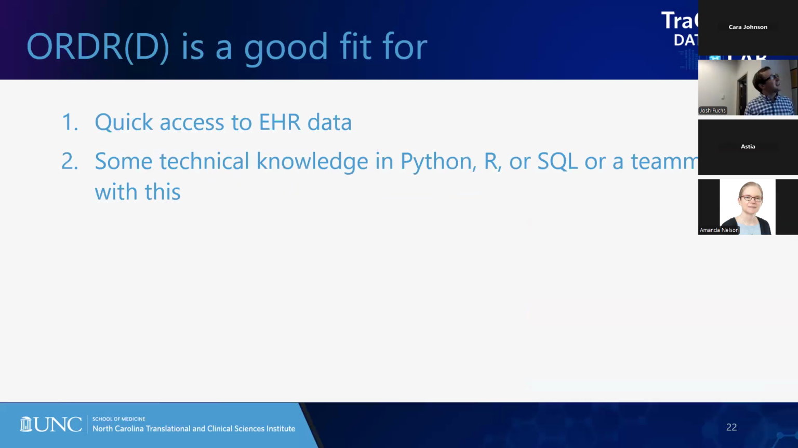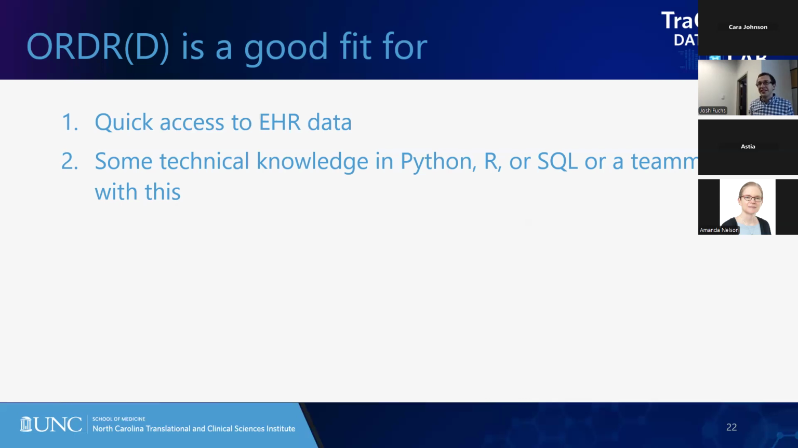I think we like to say Ordr is a good fit for 2 particular things here. If you want or need quick access to de-identified EHR data, Ordr is a great fit. If you can answer your research question using de-identified data, I think this is in a lot of ways going to save you time and money by not going through the data extraction process. It's also going to give you a lot of flexibility in terms of having control over iterating. So if you're trying to figure out what exactly your cohort inclusion criteria are going to be,